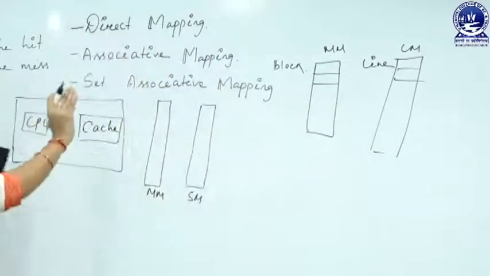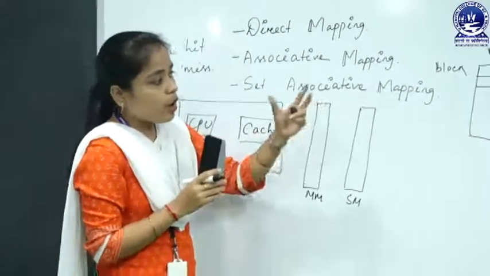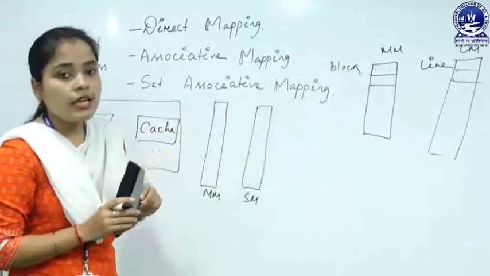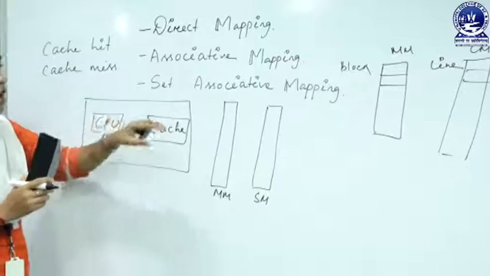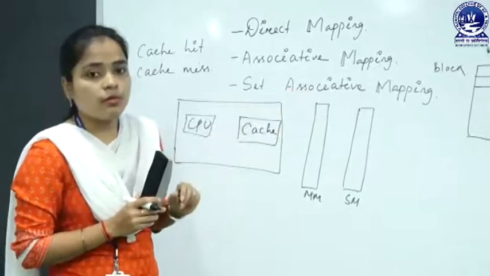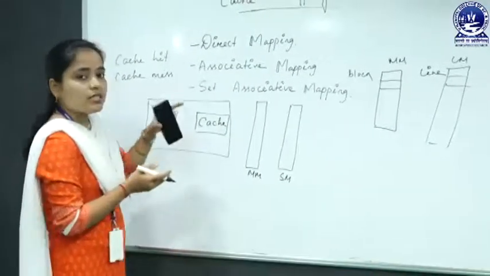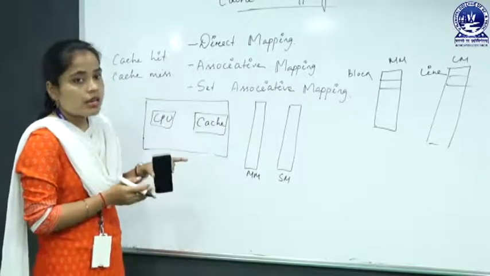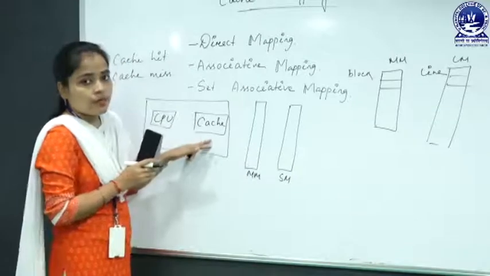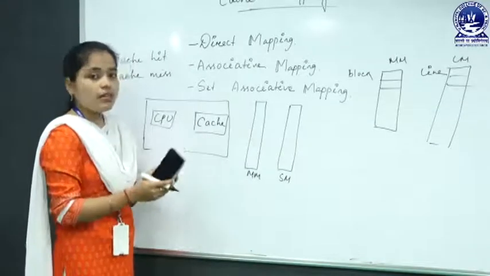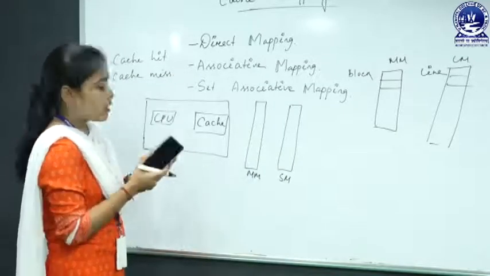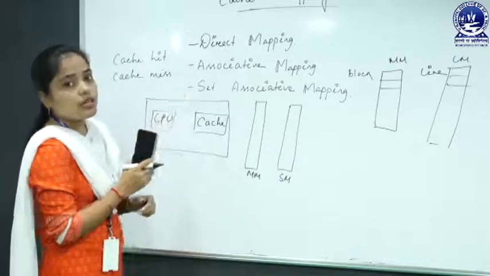So, you have to move the block of information, or the block of words, into the cache memory. How will we move that block of words into the cache memory? The main memory size is very high compared to the cache memory, but we have to move some data to the cache memory. And when we move some data to the cache memory, where will it be stored? That is organized by the technique called mapping.